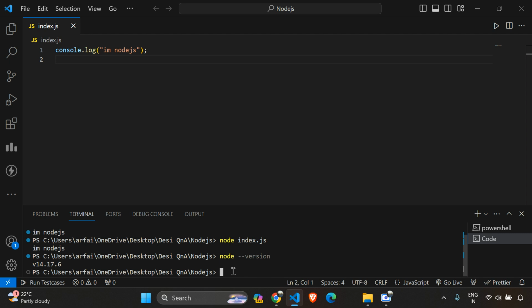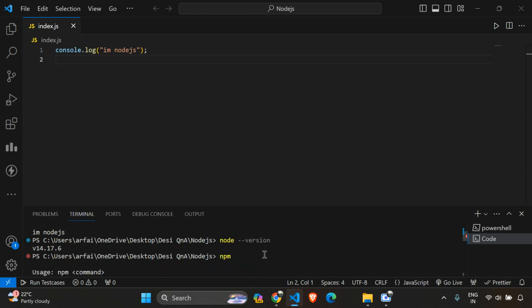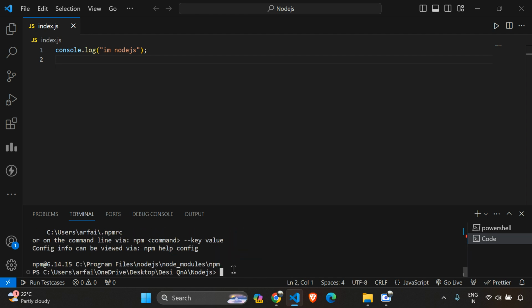And after this, as you have already encountered this one, that is npm, right? So what this particular npm is, npm basically stands for the Node Package Manager, right? So this manages all the packages related to our node. And in React also we use this particular npm, and we also know what this npm and npx is. I will not be focusing on the things that I have already explained in the React.js course.